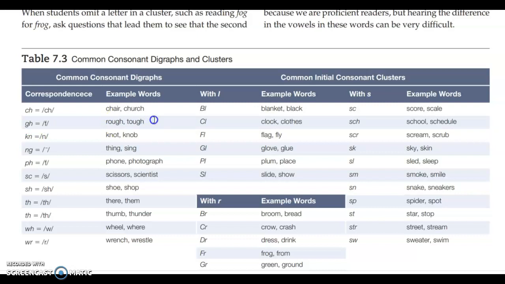It sounds like the f sound, or tough. And here are some common initial consonant clusters, such as bl, cl, fl, gl, stuff like that. And then some R clusters. Fr, of course, I like that one because of my last name. It should be an example, frog, from,